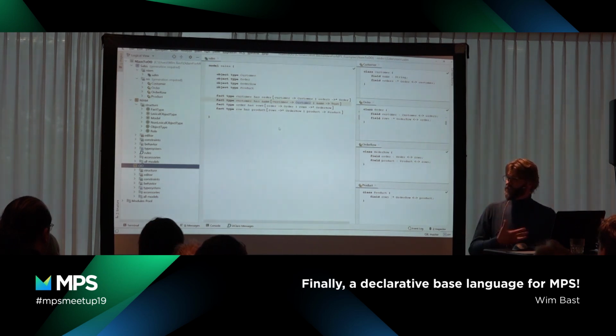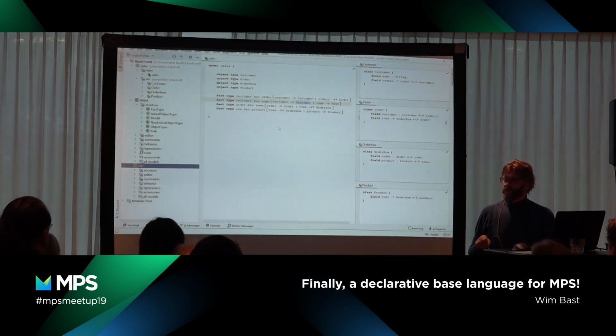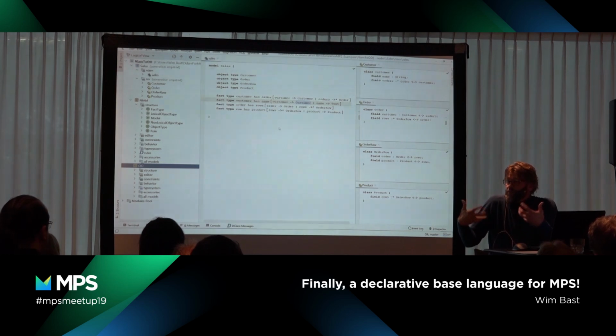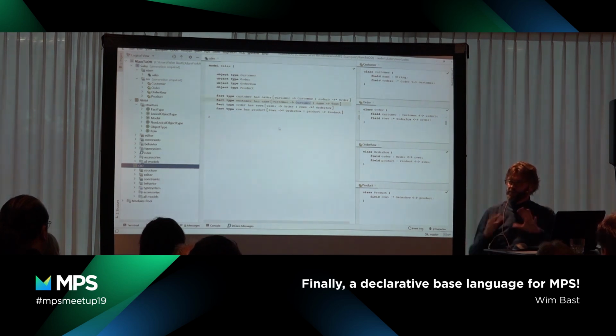And there are some advantages and disadvantages if you do it like this. So what I did is just create a transformation. And this is a very simple structural conflict, because the containment of your input model is different than your output model, which is always a little bit problematic if you create a transformation in MPS, because then you have to do a kind of pre-processing or other derivation of objects, etc. Because that's actually a kind of rewrite system where you just replace a portion of your tree with another portion, so the tree structure should be similar.